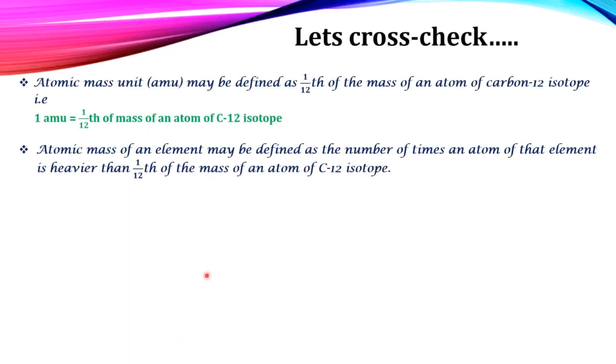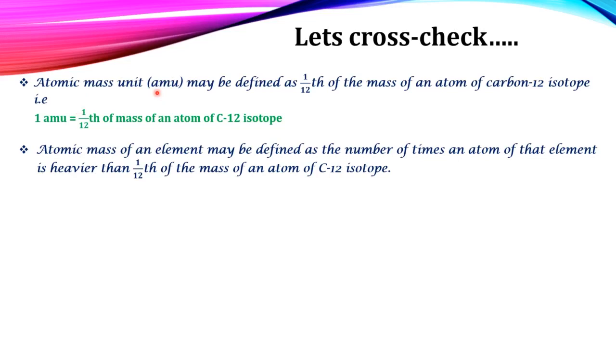Now, this concept we will cross check by doing the calculations, but before that I need to introduce you to two important definitions which you need to understand very clearly. So don't try to mug it up, just understand the concepts. When I say atomic mass unit, in the atomic mass scale, the unit which you are going to use is the atomic mass unit, which is represented as AMU or U. Both are accepted by IUPAC.